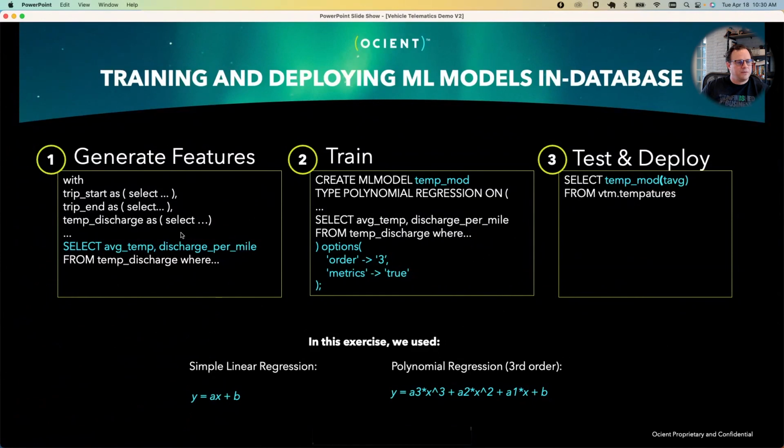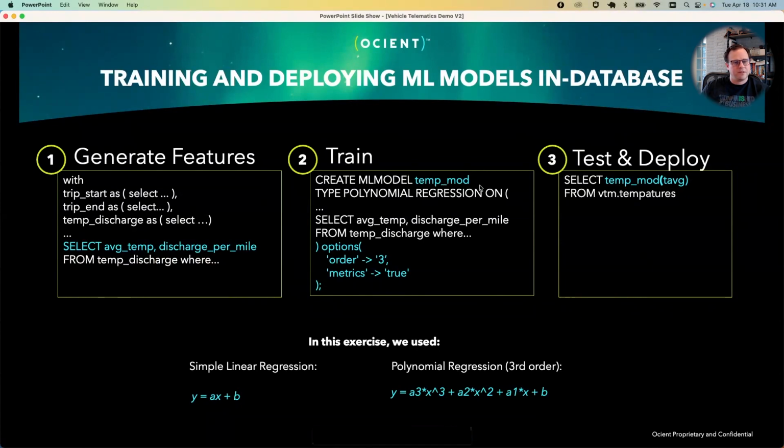The first thing we do is create a SQL statement to generate the features and identify the training set for the data. Then we take that SQL statement and put it into a create model DDL statement. This is similar to any other DDL statement like a create table, but we're creating a model where we put the training data set in, which will be the result of the SQL statement identified in step 1. Once the model's trained, we can call that model as a function in another SQL statement.